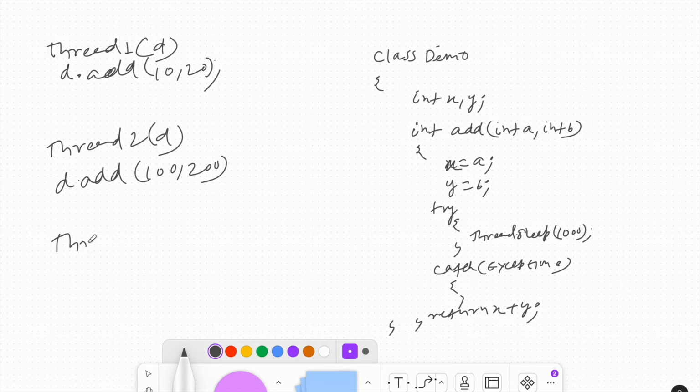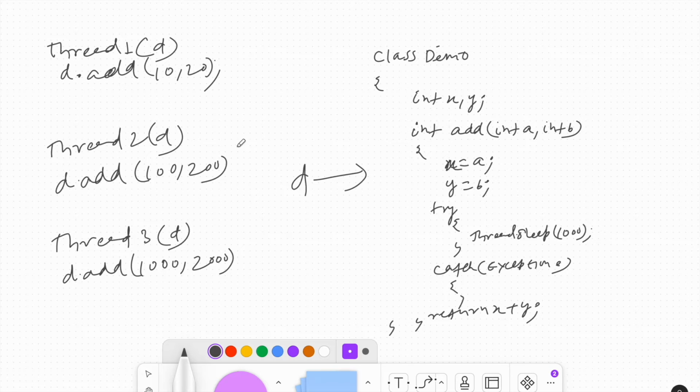And there is also Thread 3, which has the Demo class object too, and it will call the add method with 1000 and 2000. Suppose this is the Demo class object, and all three threads will share this particular object.